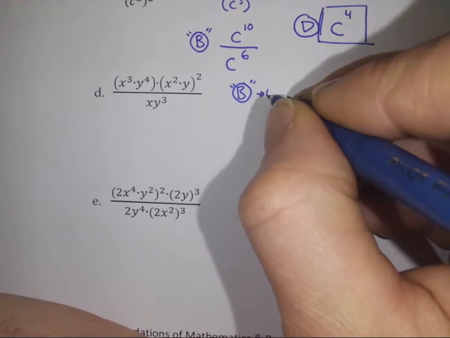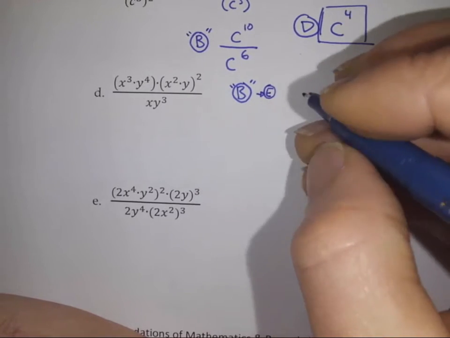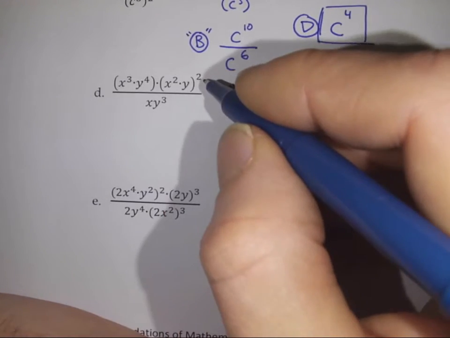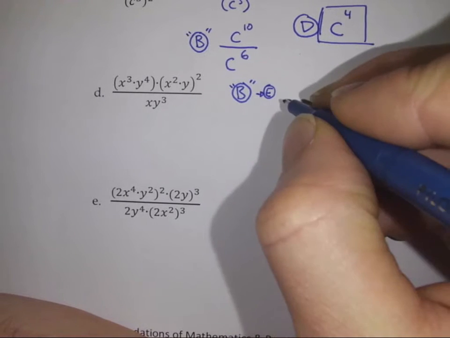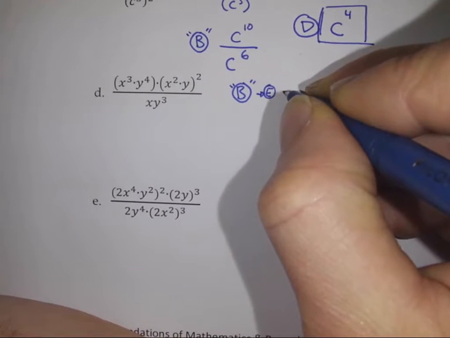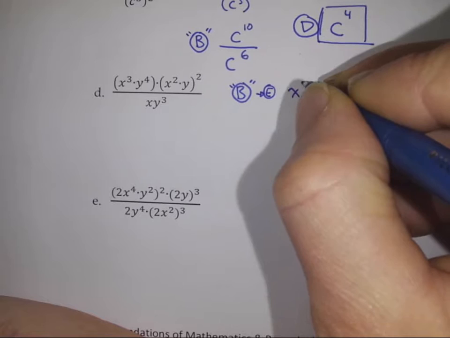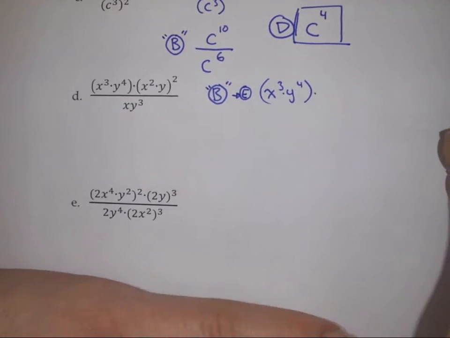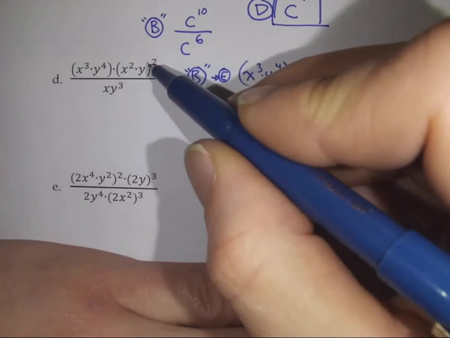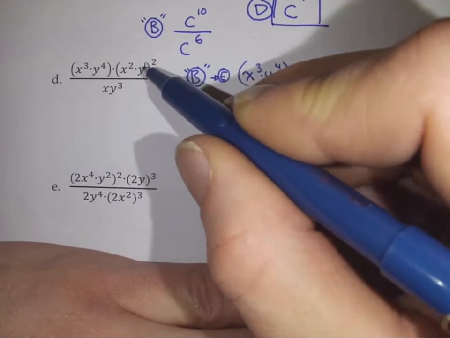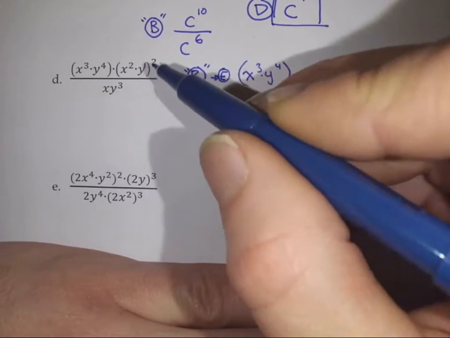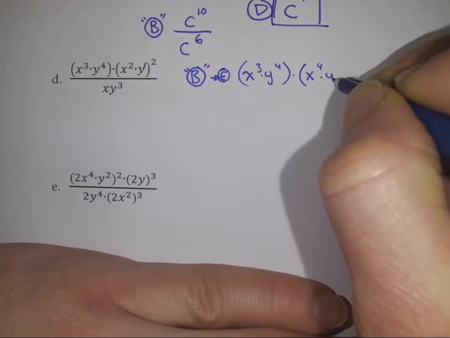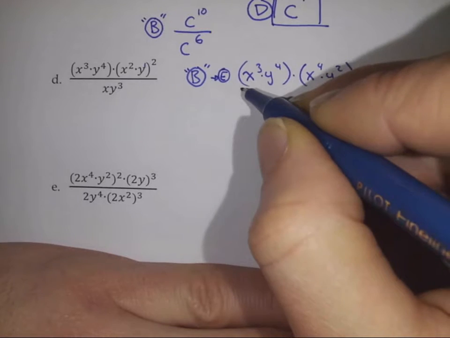So I'm going to do our exponent step first inside the bracket before I multiply inside the bracket, because BEDMAS applies even inside a set of brackets. All right, so I'll do the exponent first. So I'm going to say that's x cubed times y to the power 4 times, and I'm going to distribute this power of 2. So the power of 1 there, so it means x squared times y times x squared times y. So it's x raised to the power 4 times y squared. That's all over